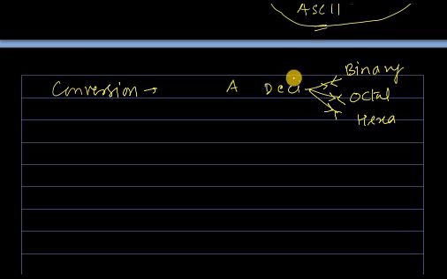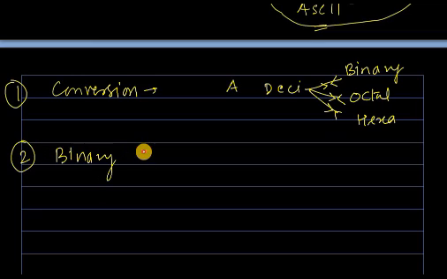So we must be knowing that how can we convert these numbers to other number system. This is our task number 1. Now what is our task number 2? We'll talk about binary arithmetic in this chapter. Now what is the meaning of binary arithmetic here? The meaning of binary arithmetic is we'll learn that how numbers are being added inside the computer.